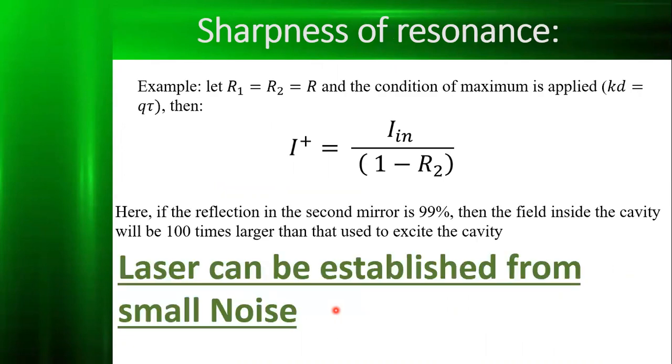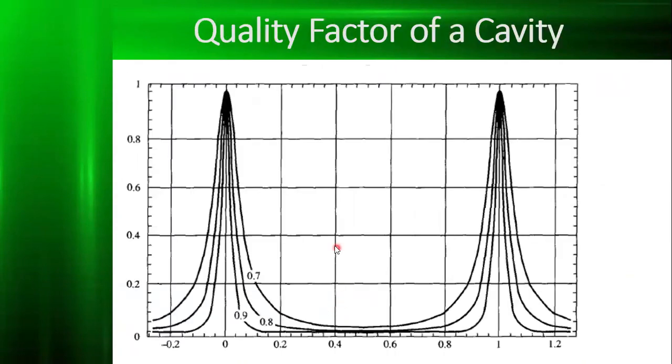So if we go to the transmission curves here, for example this one, let me start with the red. The free spectral range is this,